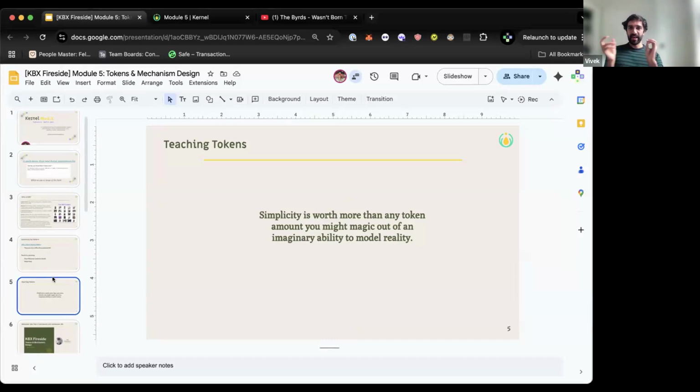And in that root system, a simple thread is one that only has one line, and a complex one is one that weaves together multiple. And we offer that a lot of the times what we're aiming for in token design is simplicity, and that ends up being worth a lot more than